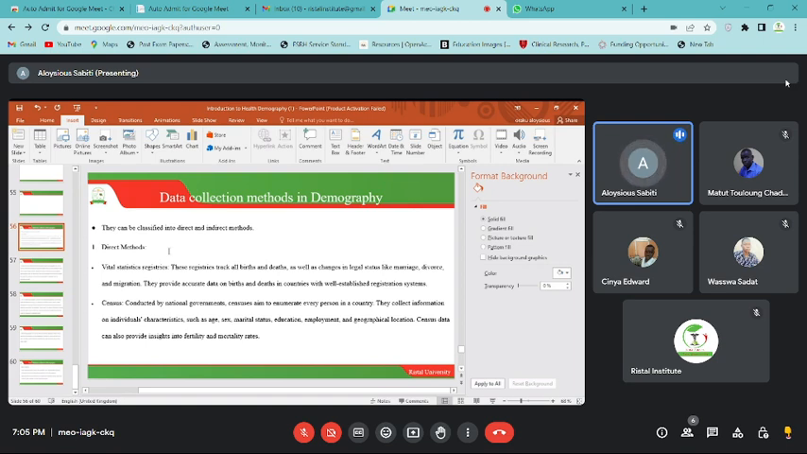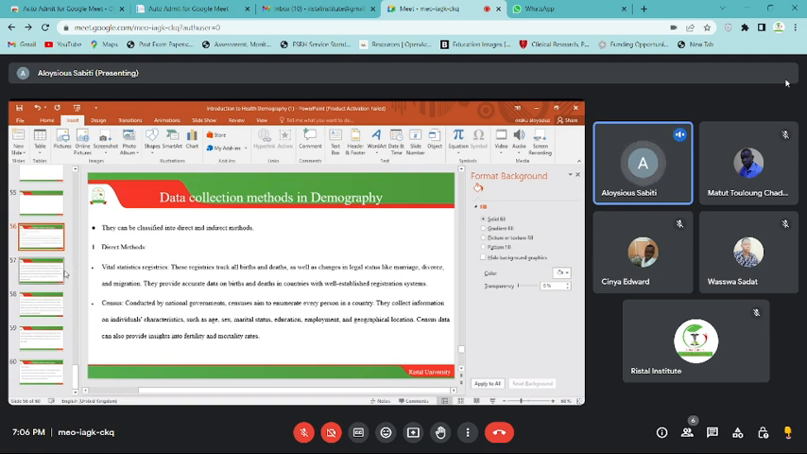Another data collection method that is seen as one of the most accurate and most important tools in demography, but also in establishing population sizes, is what we call the census, the national census that is conducted by national governments. Now, censuses aim to enumerate every person in a country. They collect information on individuals' characteristics such as age, sex, marital status, education, employment, and geographical location. Census data can also provide insights into fertility and mortality rates, because a census is where you count every person in the country